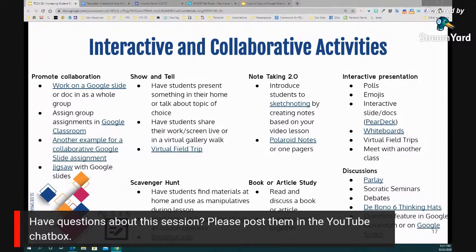These are activities that I think work beautifully for both asynchronous and synchronous students. When I say synchronous, I mean students that you see face to face, as well as students that are live with you on a Zoom session. As I said, it's important, at least in my system, that we are offering both options, where students can come face to face in the classroom as well as stay online.